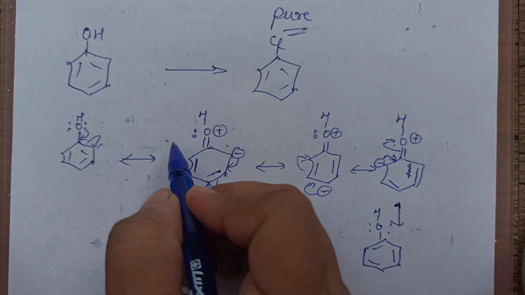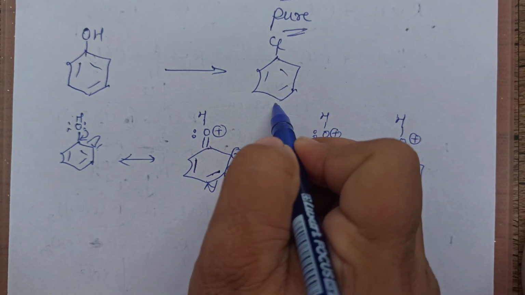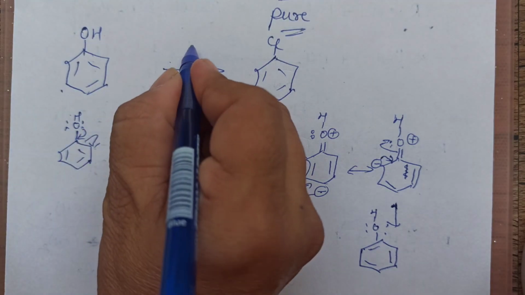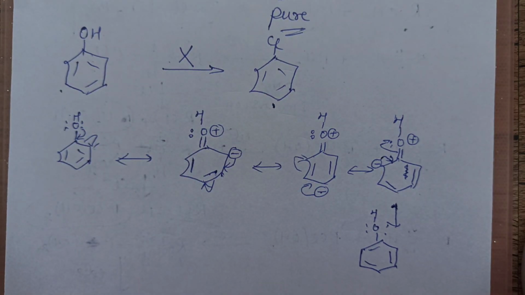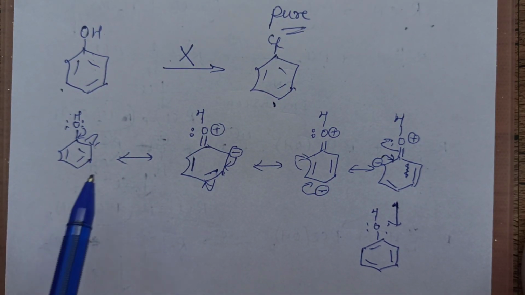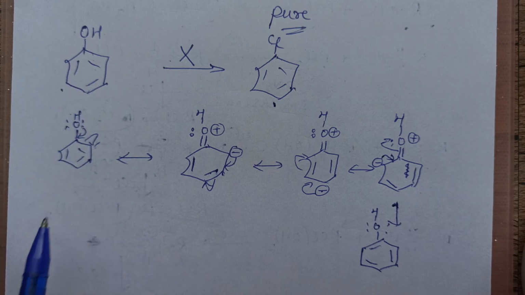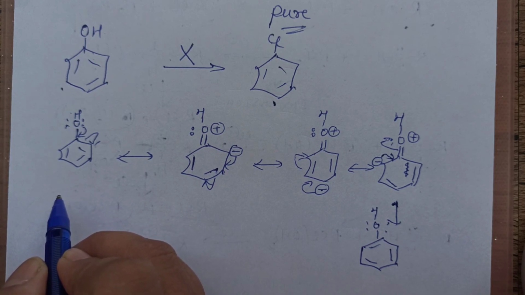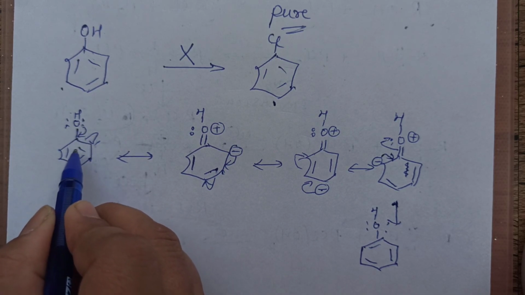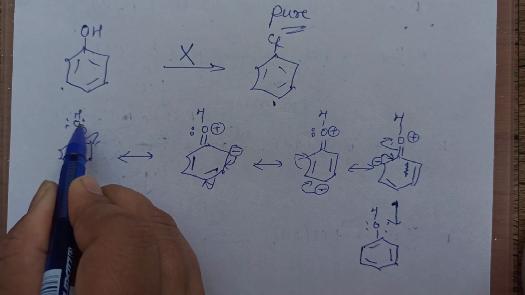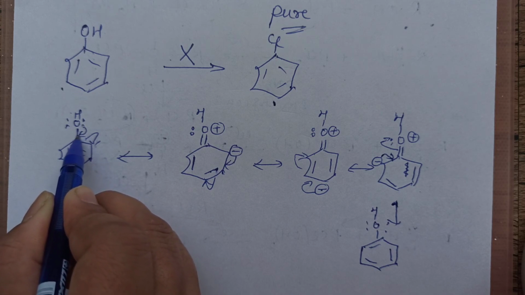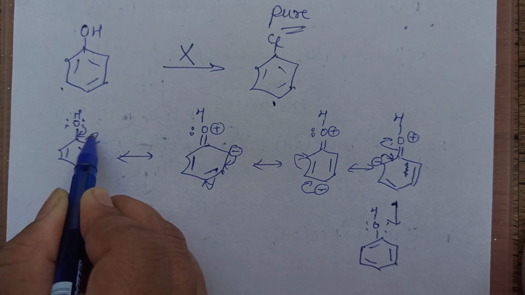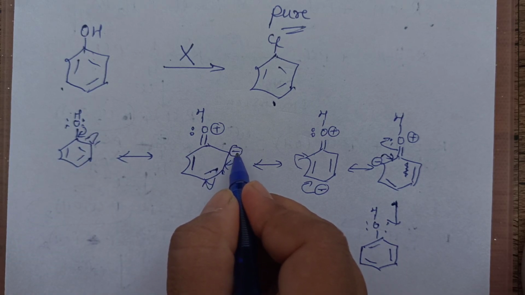Now another question, children, that can be asked is: can you prepare aryl halide by halogenation of phenol? Answer is no. Why can you not prepare it? Because if you try to see phenol's resonating structures, in 11th class you have studied how to draw the resonating structures, the lone pair, pi bond and conjugation. So the lone pair starts migrating here. This becomes a double bond and one pi bond shifts further. What changes did we make here? We write down negative.